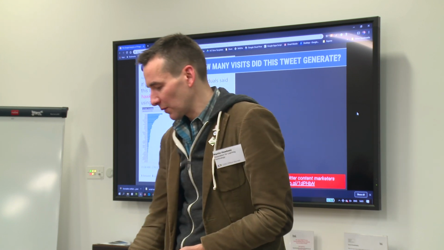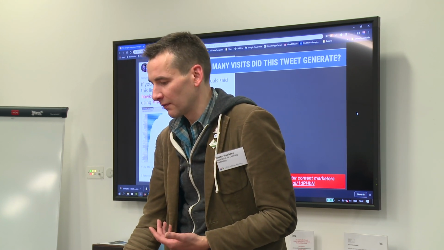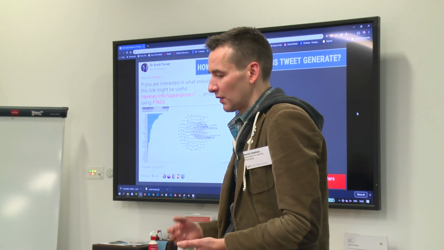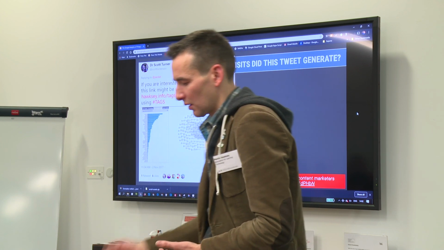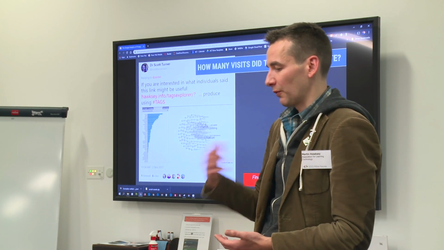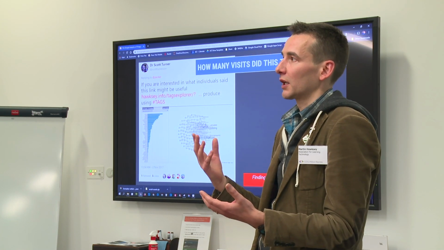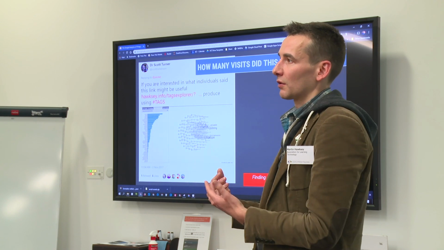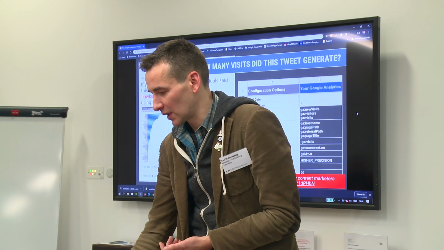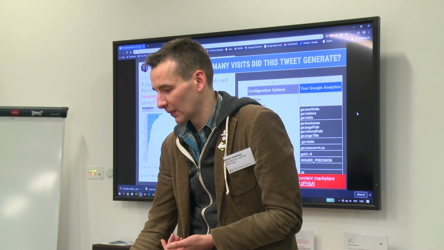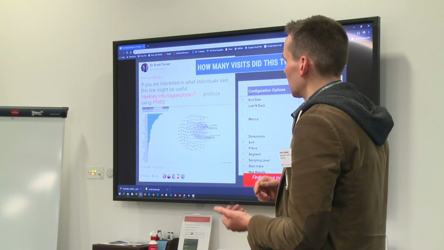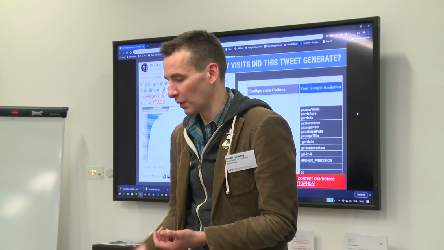Some other interesting things you might want to do with Google Analytics data. One of the things that you get with website tracking within Google Analytics is you can see the referral path. So when someone clicks a link on another website into your own website, you can see where they've come from. So, for example, on Twitter, if someone tweets a link to your website,